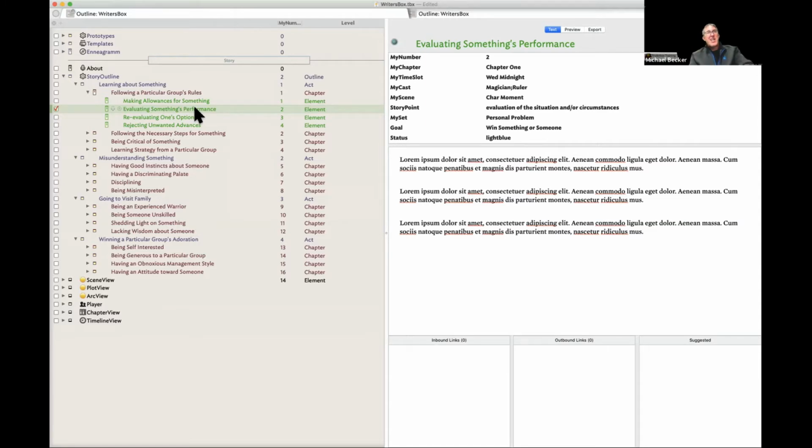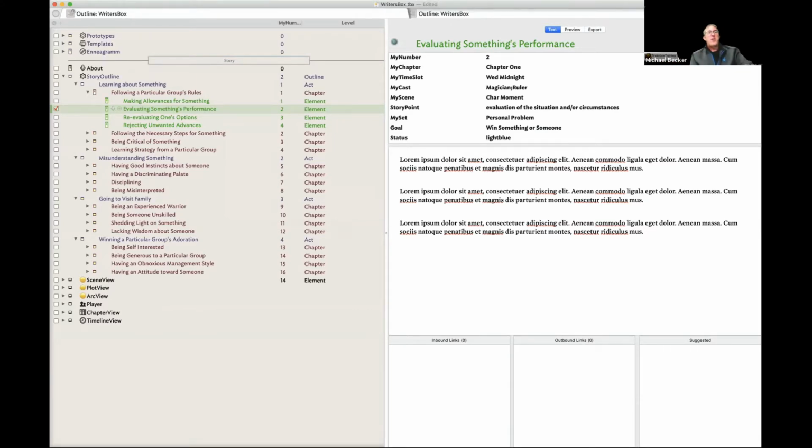So I think the key insight, first and foremost, when people look at your file is that everything under story outline are the actual notes of your story. The items with the little round dots, scene view, play view, and arc view, those are actually agents. And I think it's really important that people looking at your file understand what's happening. What you've effectively done is create an agent that goes throughout all of your Tinderbox file and searches for different attributes. And you have 3 different kinds of agent views that you're using to convey your file.